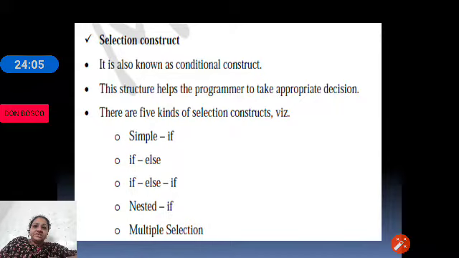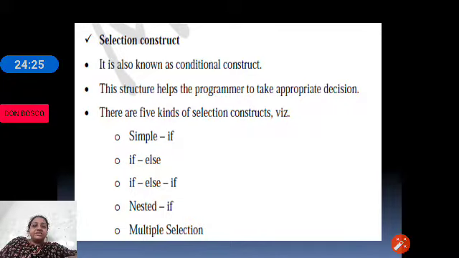Again we will be discussing that in detail. There are 5 kinds of selection statements: simple if, else, if, nested if and multiple selection.